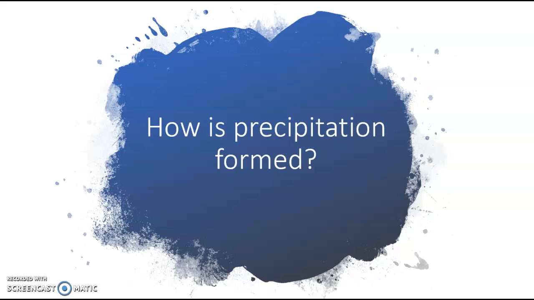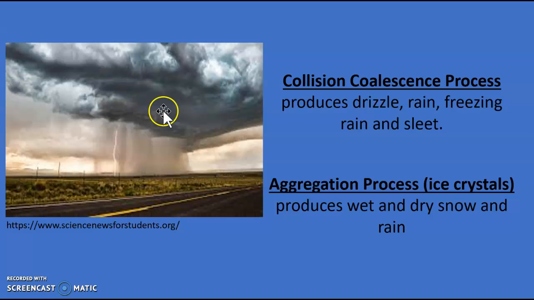How is precipitation formed? There are two processes in which precipitation is formed. One is the collision coalescence process. The other one is the aggregation process. With the collision coalescence process, it produces drizzle, rain, freezing rain, and sleet. How that works is